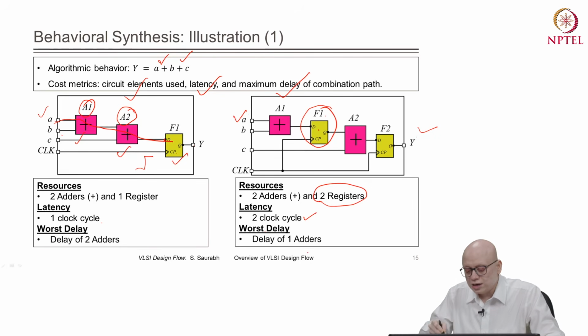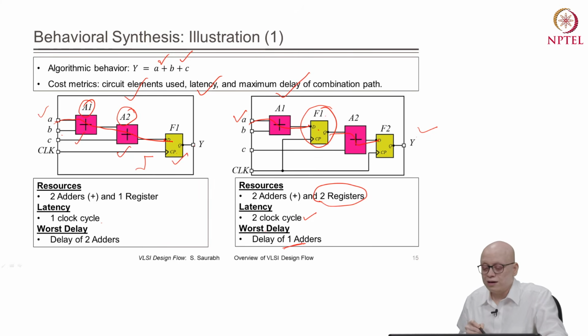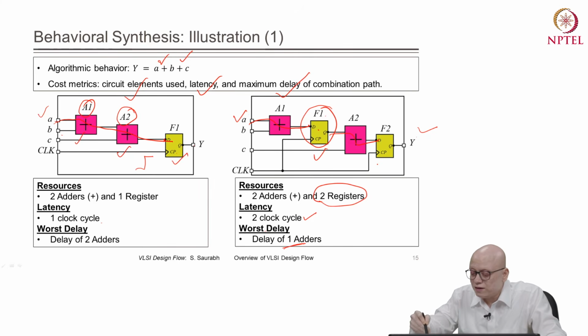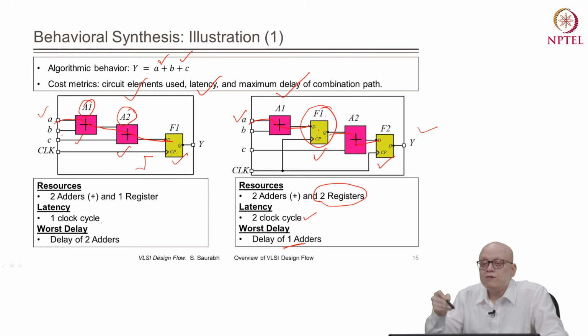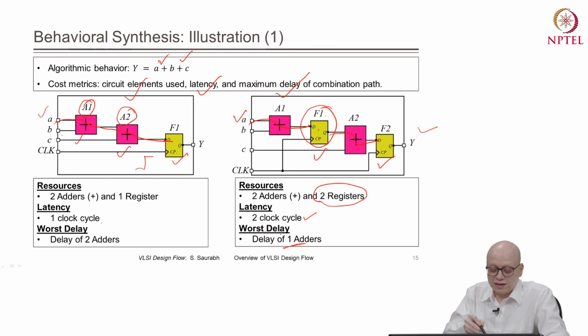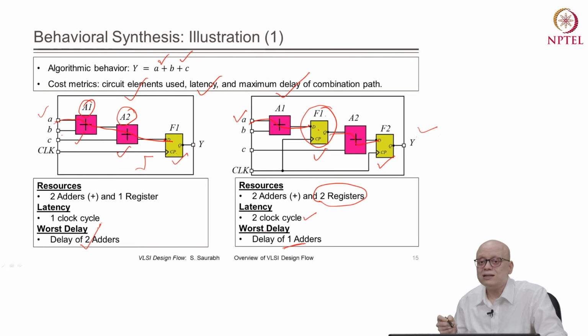But what happens to the worst case delay or the longest path delay? So the longest path delay can be this one or this one, right? There is only one adder between sequentially adjacent flip-flops, or from input to the flip-flops. So in this case, the worst case delay is one adder. In the earlier case, the worst case delay was the delay of 2 adders. Now in this case we have the delay of only one adder, and therefore this circuit can operate